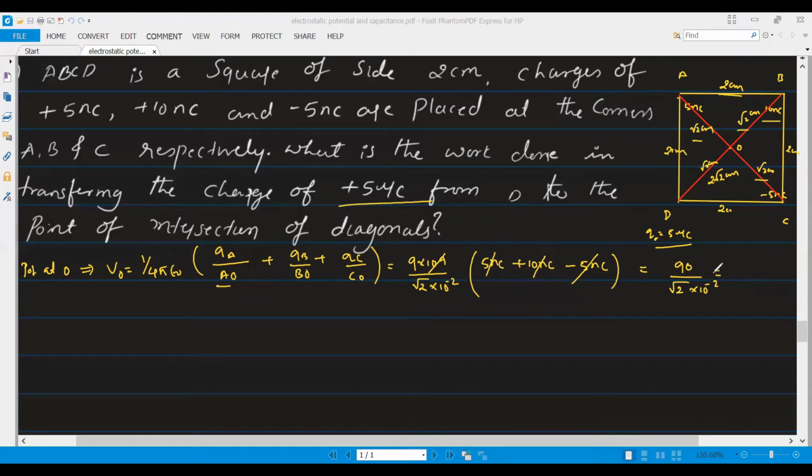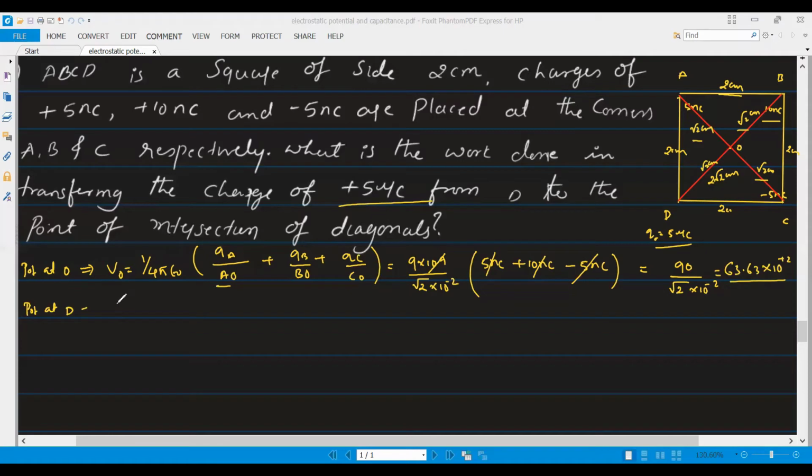If you calculate for this, 90 divided by √2 ಅಂತಂದ್ರೆ it is about 63.63. 10⁻²ನ ಮೇಲೆ ತಗೊಂಡೋದ್ರೆ it is going to be 10⁺². Okay, ಇಲ್ಲಿರುವಂತ ಪೊಟೆನ್ಶಿಯಲ್ ಆಯ್ತು. ನೆಕ್ಸ್ಟ್ ಹೋಗೋಣ ಪೊಟೆನ್ಶಿಯಲ್ at